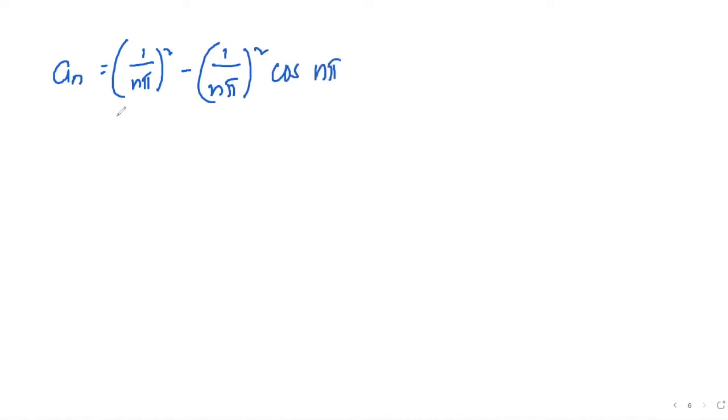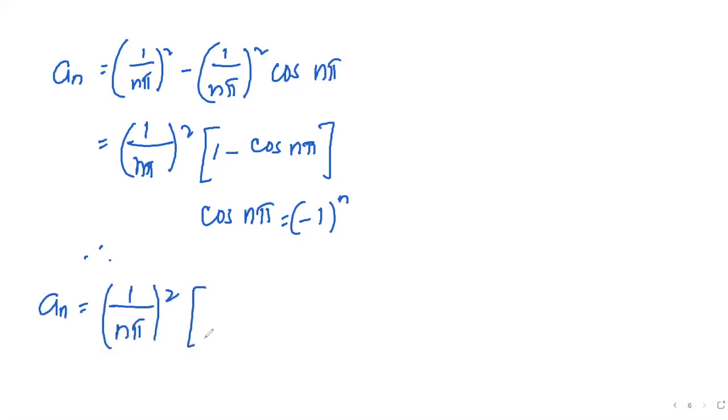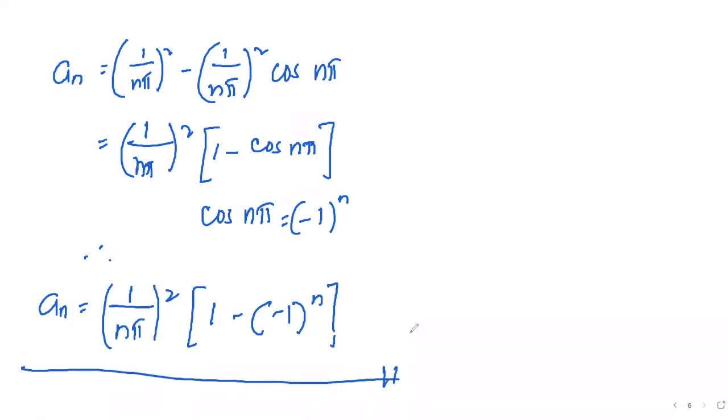Now, our a sub n is, we write first, the quantity 1 over n pi squared minus the quantity 1 over n pi squared times cosine of n pi. We factor out 1 over n pi squared, rewriting, so bracket 1 minus cosine of n pi, and cosine of n pi is negative 1 raised to n. Therefore, our a sub n is 1 over n pi squared times the quantity 1 minus negative 1 raised to n. Now that we have a sub n,